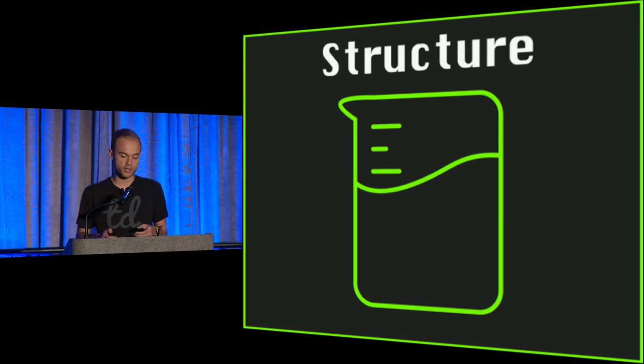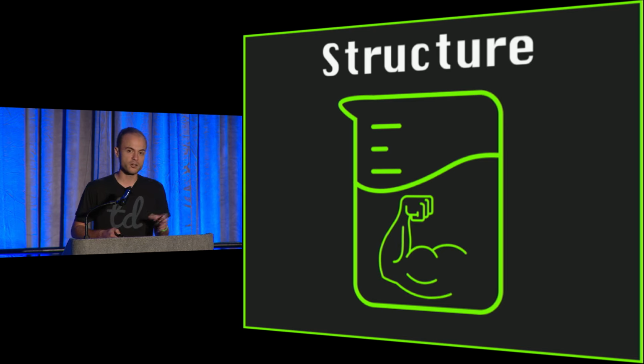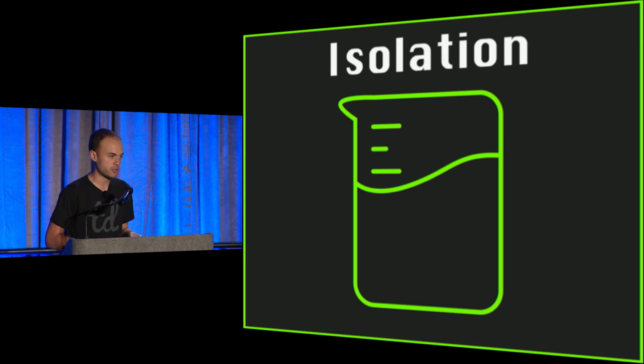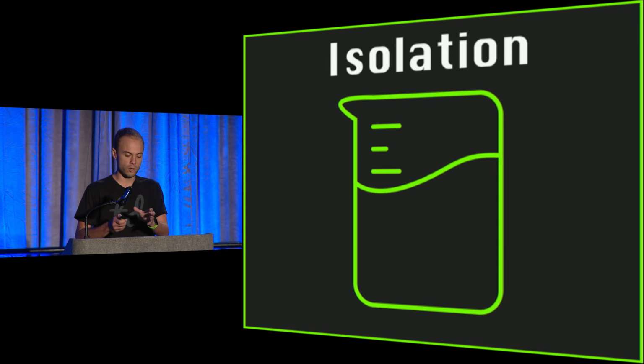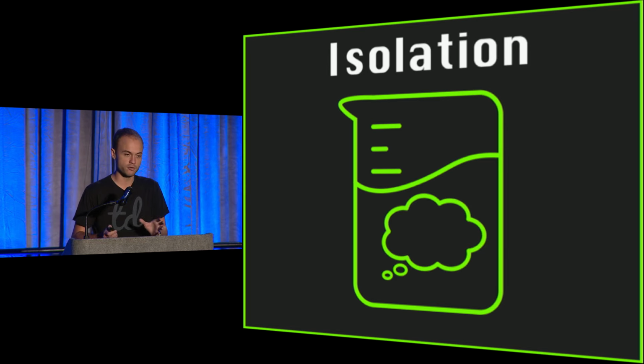One is test structure, like physically, what do our tests look like? How are they laid out? How are they structured? Another is isolation, because what we isolate our test from, what we control for, is a great way to communicate the concept of our test, and it does a lot to determine the value we can hope to get out of each test.